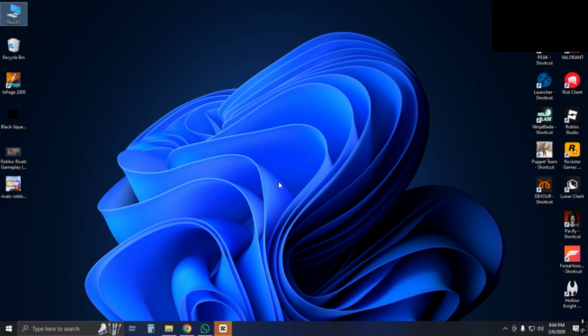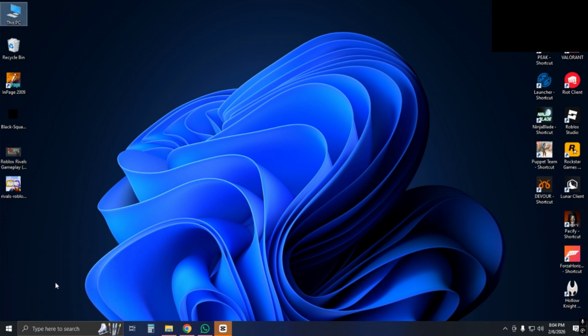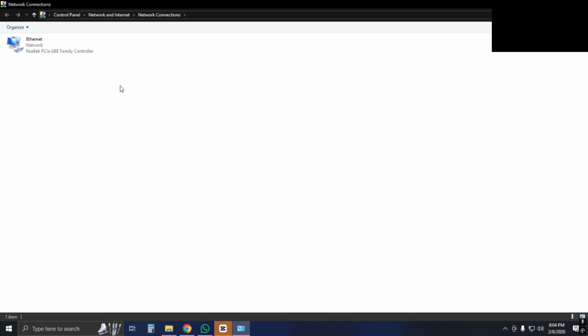First, what you have to do is press Windows plus R on your keyboard and then it will open this Run. You have to type ncpa.cpl, click OK, and then it will open your network connections. Here, if you find your Wi-Fi, just right click on your Wi-Fi, disable it, and then right click again and